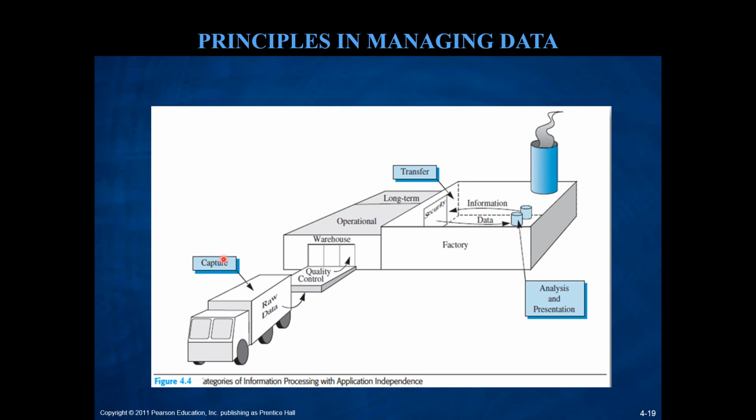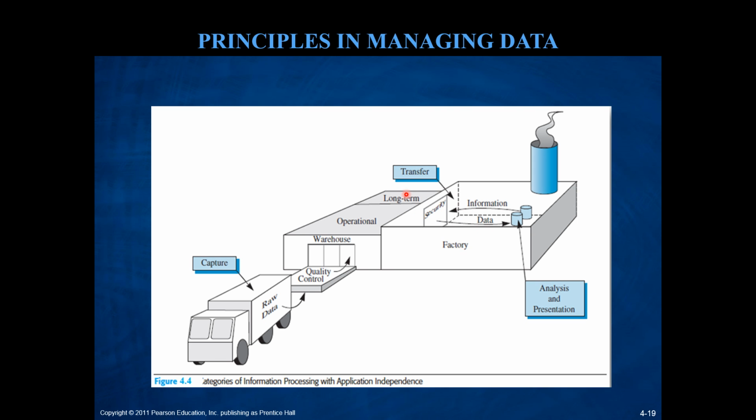So what happens is that data is constantly being captured, and then, once it's captured, it's transferred to the operational floor. Okay. Now, before it goes into the operational floor, it's subjected to some kind of quality control, meaning missing data is eliminated or being filled in. Errors are corrected. Formatting problems are fixed, and so forth. So after that, after the data is pre-processed, this is transferred to some kind of long-term storage area, like some kind of warehouse. Okay. And this is where the organization itself gets the data from that long-term